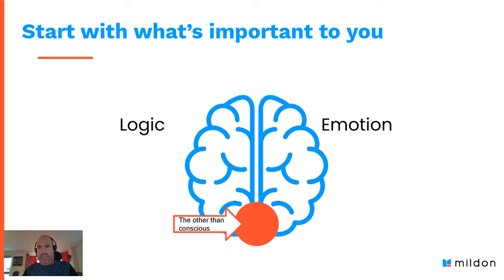And I think it's about having a balance. So when you're talking to a senior person in the organization, try to appeal to the logic, but also appeal to the emotional side in order to get D&I to stick within the business. But also be conscious about what's going on in that pesky red dot in terms of what their biases are on an other than conscious level. What are some of their fears or anxieties around talking about diversity and inclusion, which might otherwise hold them back?